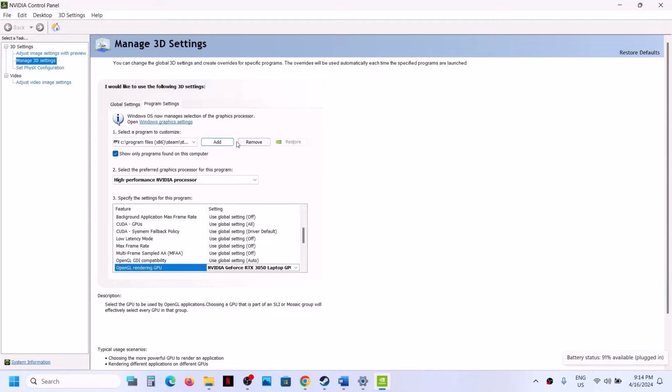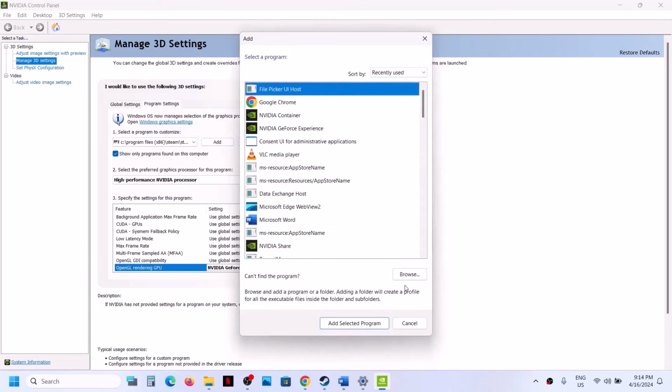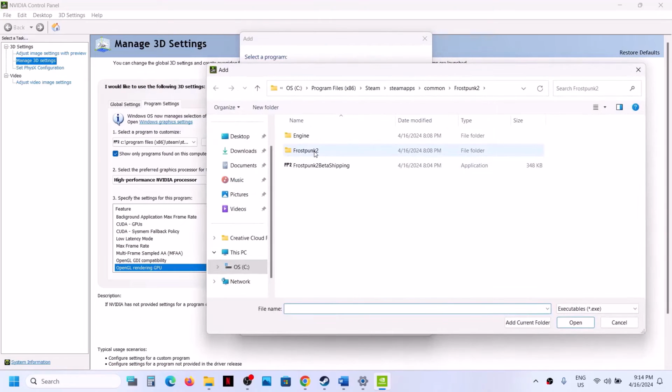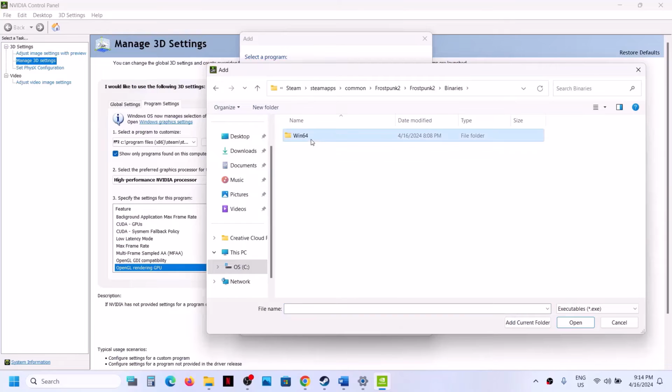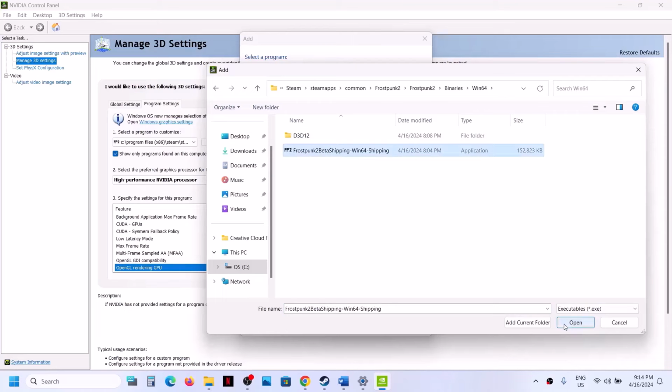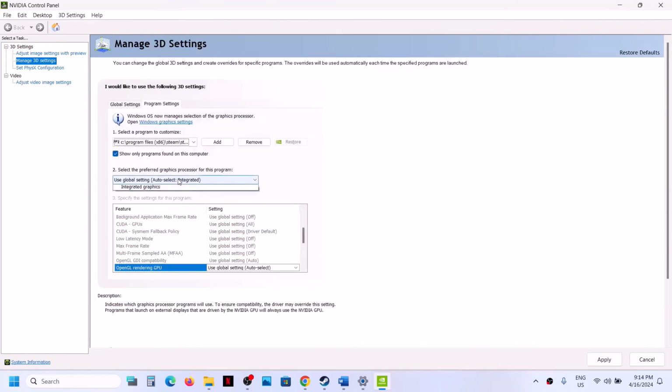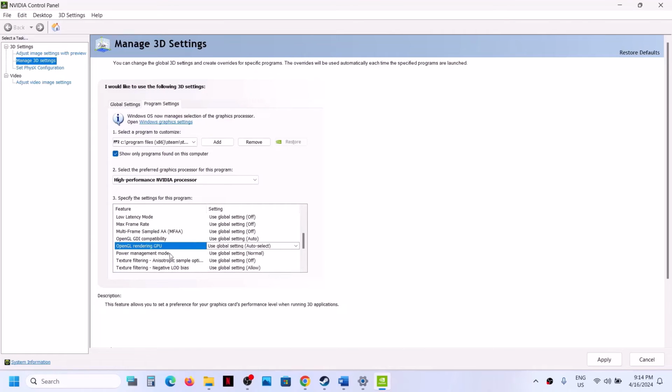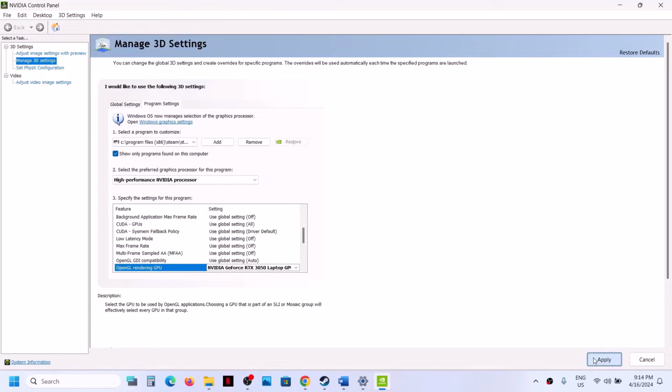And once it is applied, again click on add and then this time click on browse once again and then open Frostpunk 2 binaries Win64, select this exe file, open, and then select high performance Nvidia processor and then find OpenGL rendering, and from auto select your graphic card and on the bottom right hit apply and then launch the